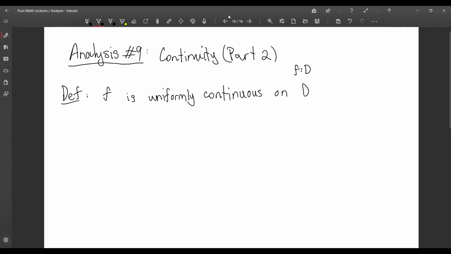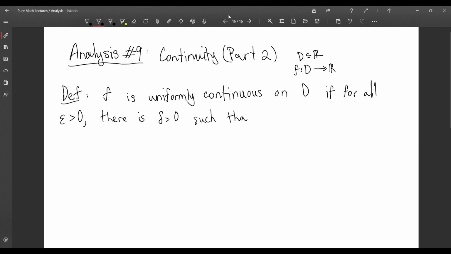So here we're assuming f is a function from D to R, and D is just any subset of R. It is uniformly continuous on D if for all epsilon greater than 0, there is delta greater than 0, such that if x1, x2 are in D, and the absolute value, or the distance between x1 and x2 is less than delta, then the distance between the function values of x1 and x2 is less than epsilon,